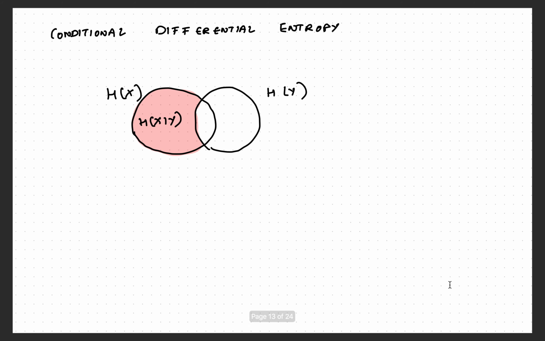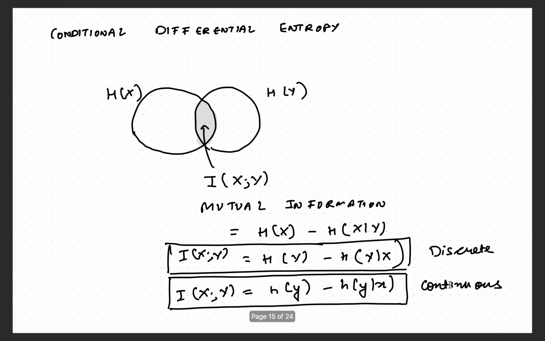So first in red, I'm showing the conditional differential entropy of x given y. And similarly, we can draw the conditional differential entropy of y given x, shown in green. And the area in between, which is the intersection of these two random variables, is generally denoted by I of x semicolon y, or in some texts you would see I of x comma y,